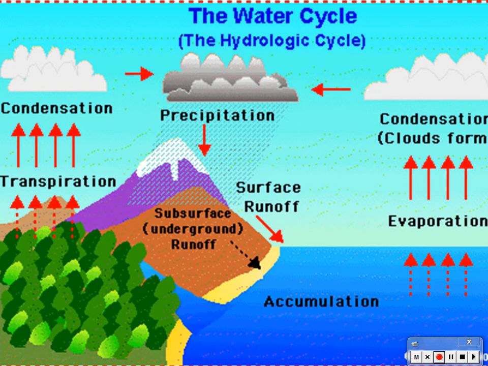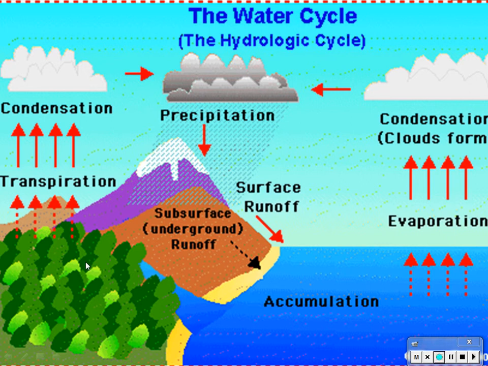Okay, so let's start with where it's accumulated. Lakes, rivers, accumulation, where it builds up. And then what happens is it evaporates from wherever it's accumulated and it condenses into a cloud. When that cloud condenses too much, it gets too heavy to stay in cloud form and it falls back to Earth as precipitation. One more arrow in that one.